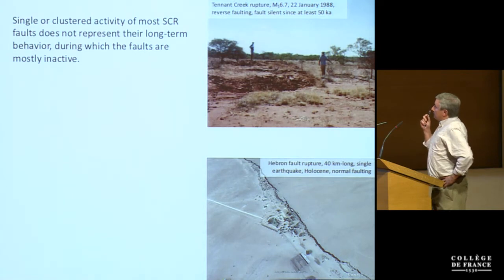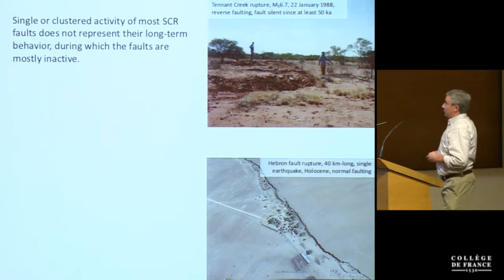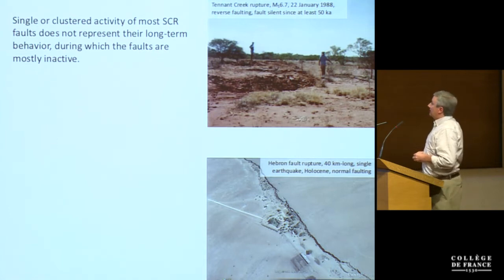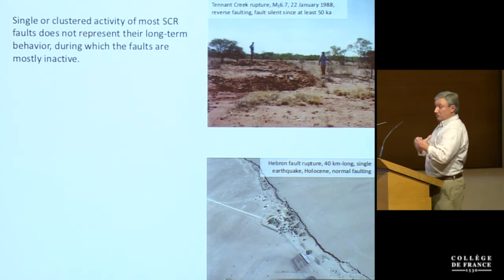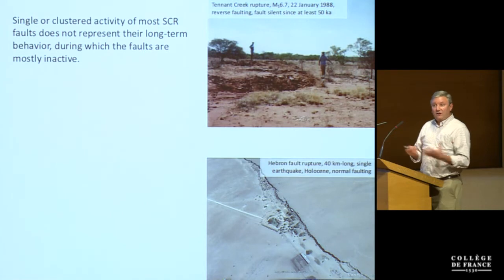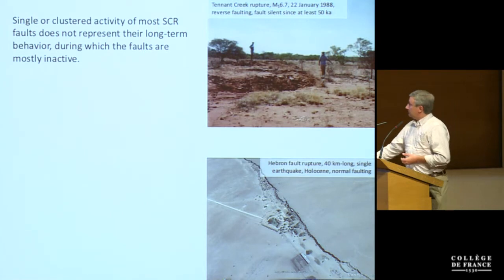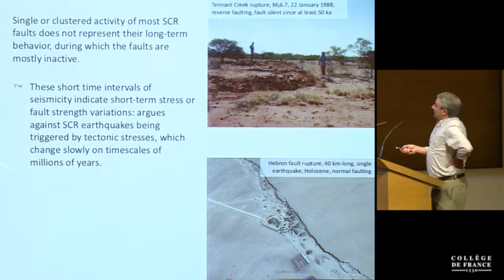So my reasoning here is that the single or clustered activity that we observe on most of those systems indicates that what we're looking at when we see those earthquakes is not the long-term behavior of those fault zones, because over the long term, at least at the scale of the Quaternary, even more, they are inactive. So these short time intervals of seismicity interrupted by gaps that can have various durations indicate